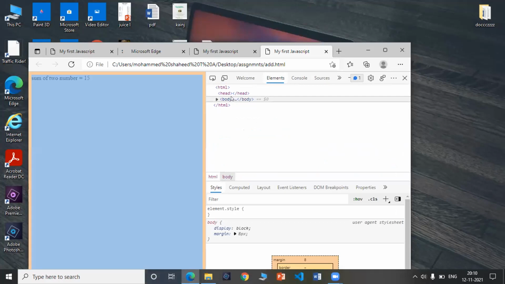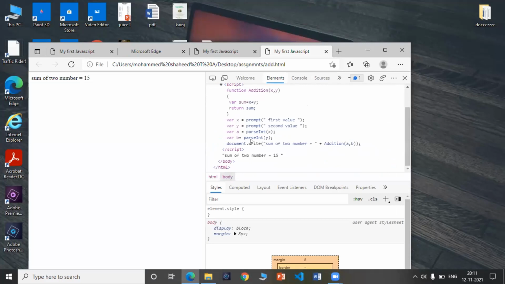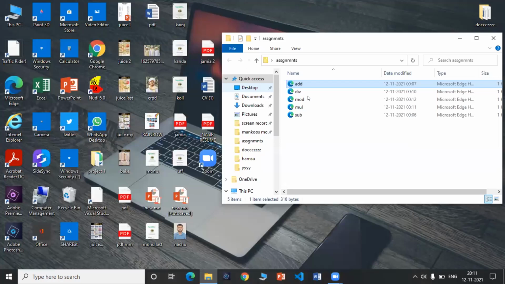That arrow mark. Do you see? Yeah, click there. Expand it. Right. Yes. Yeah, correct. Sum of two numbers. Wait. Why is it coming sum of two number 15?